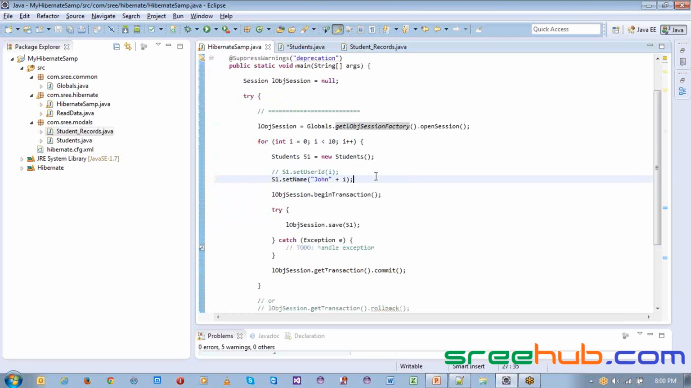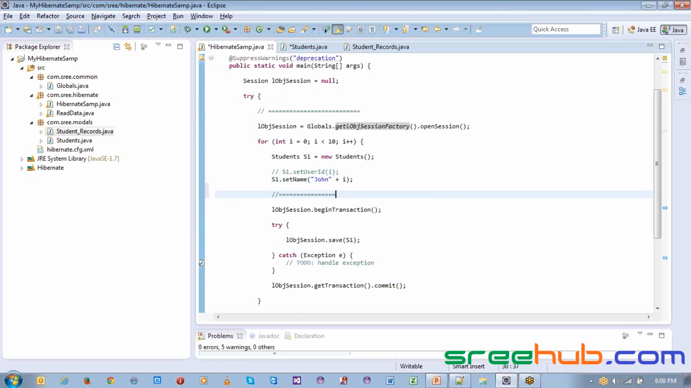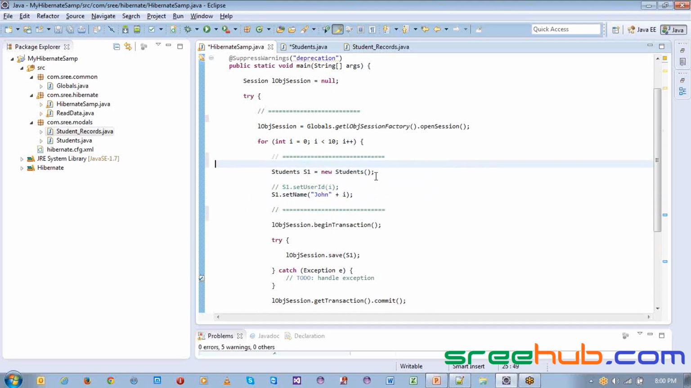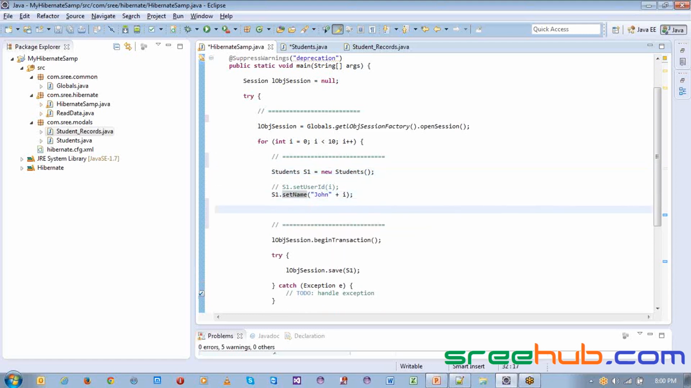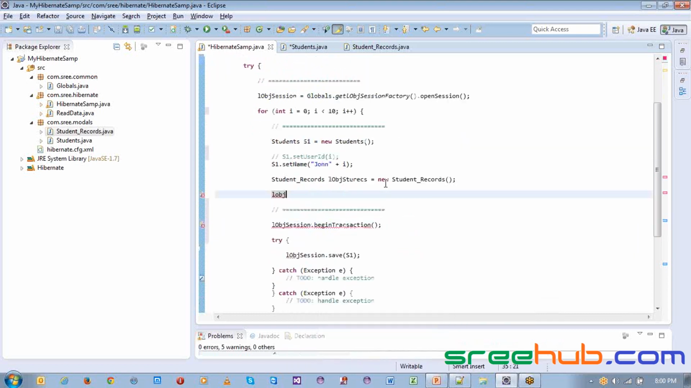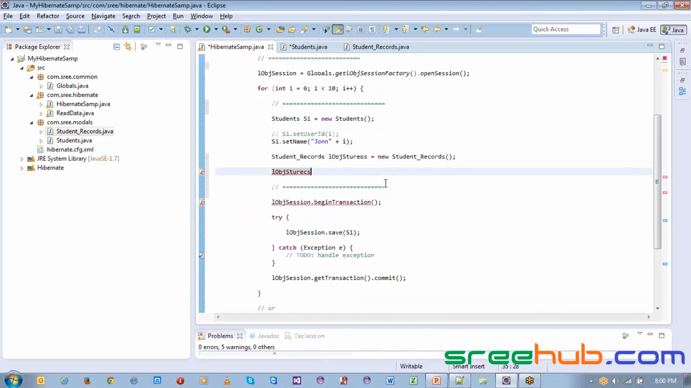Now here, so this is my object creation, right? So let me just split this so that we can understand it in a much better way. This is the student object. In the student object I have a direct set name. Now here I'm going to create a student records object as LOBJ. Let's say student records is equal to new student records, and here I'm going to set student records dot set grade, let's say A,